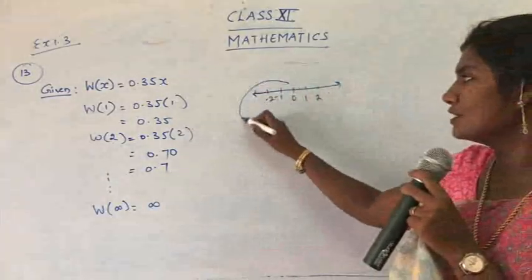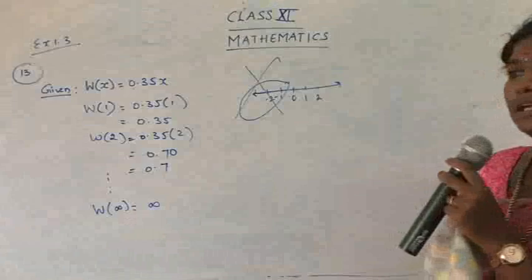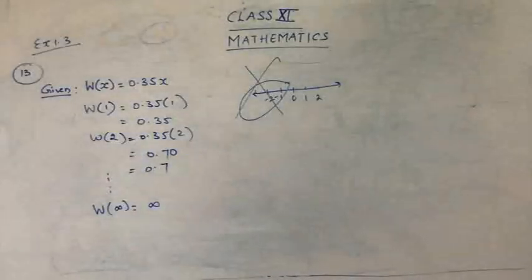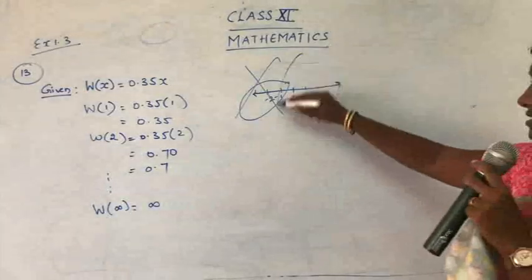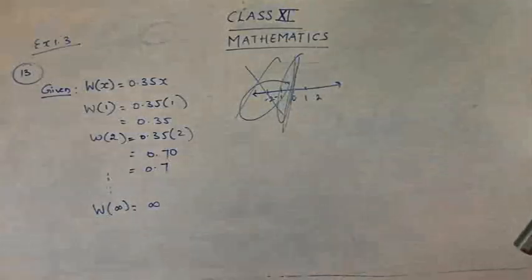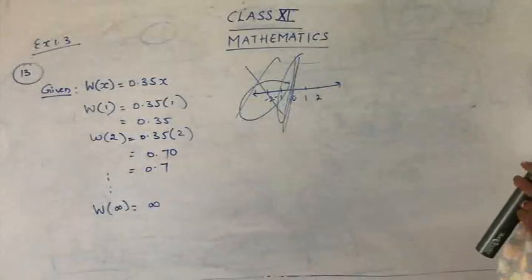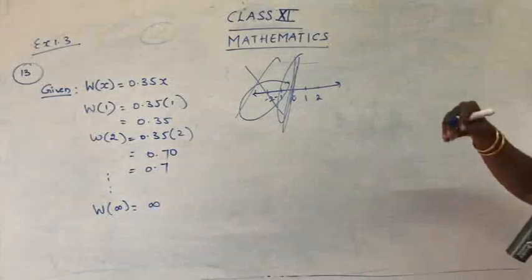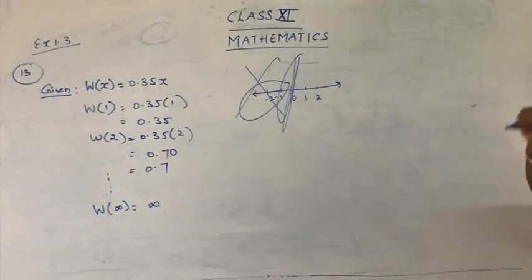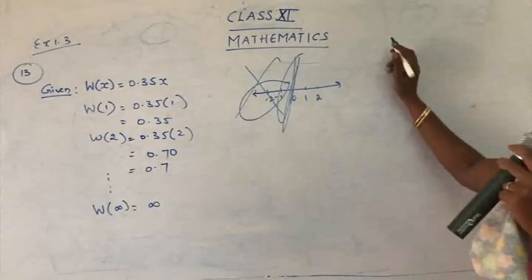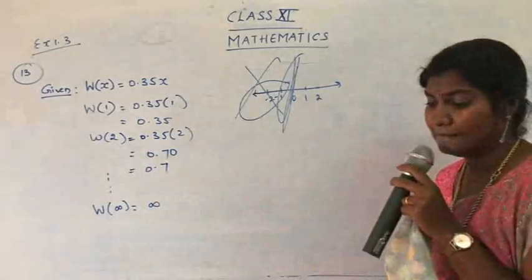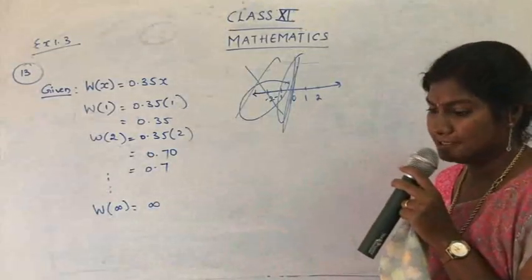So this part is totally excluded. We cannot take this part. There will be a weight which will always be positive. And also I told you the weight will not be 0. 0 will not be included. So the weight will be greater than 0. It may be 0.0001, 0 point something, but it will be greater than 0. So what will be the answer, children? The domain will be greater than 0.